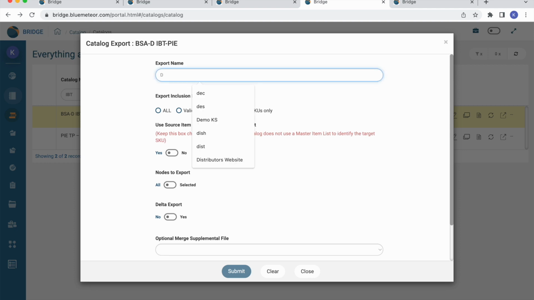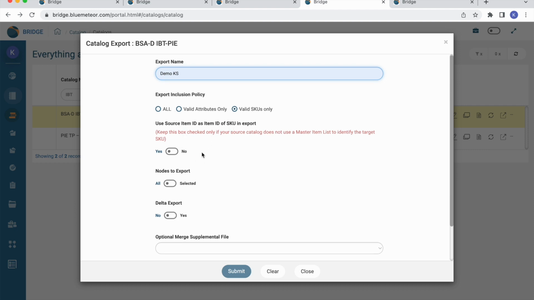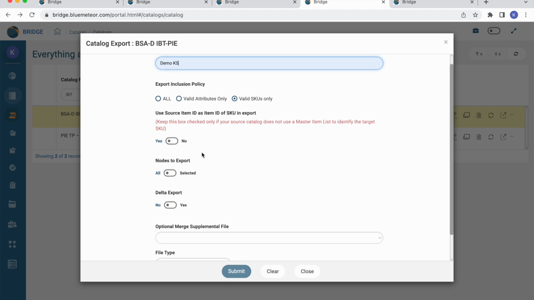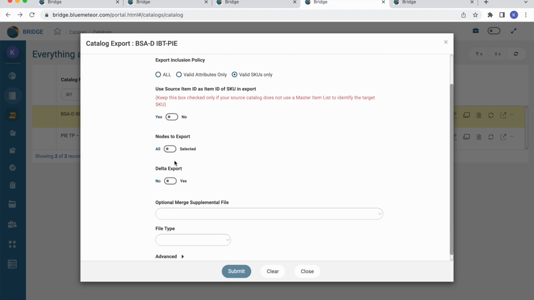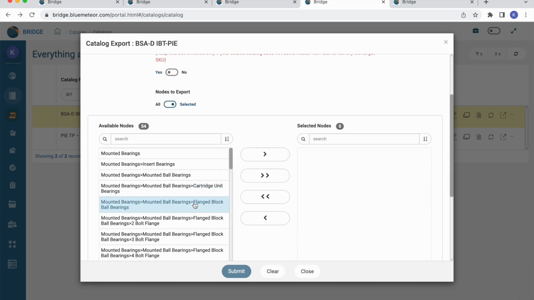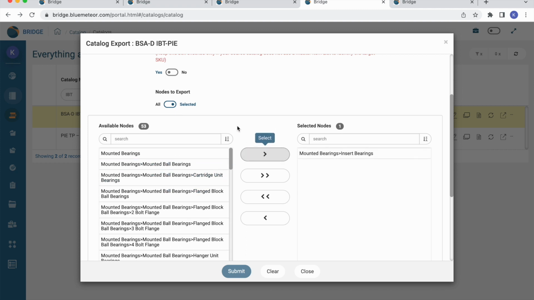Go ahead and call it demo and my initials here, so it's easy for me to find. They can define the SKUs they want within the system, and there are a few checkboxes here. Do they want to keep the source ID? Do they want to export all the nodes? Maybe they only want selected nodes. So again, instead of taking all the product categories of all the catalogs, if you want a specific category or subcategory, simply pick it, bringing it from the left to the right,